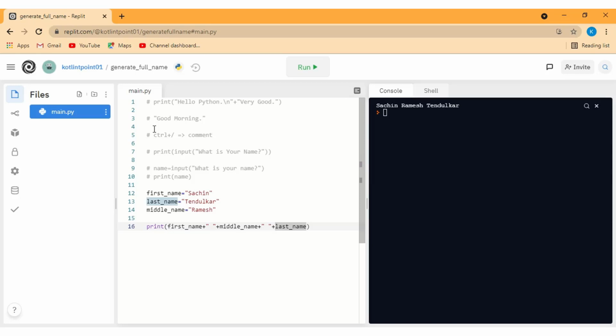So with this video we are ending, and I hope you understand what the print function is used for, what the input function is used for, what variables are, and what a string means. String means double quotes, as I said. Print will help you print a message on the screen. Input will help you get input from the user, and it will help you in all the next programs we are going to write.